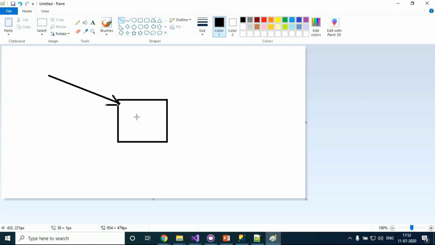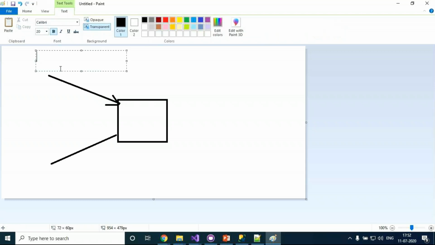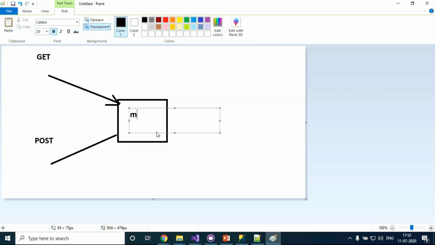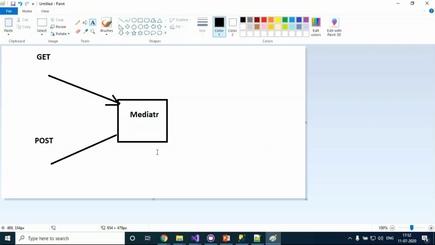From the UI or any API, I'm calling this get here, and I'm calling this a post call. And what this mediator will do, instead of calling for different purposes, it makes everything centralized in the mediator pattern, and from this one it is switched back to whichever one you want.